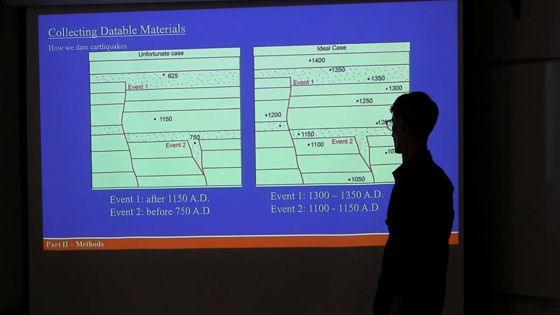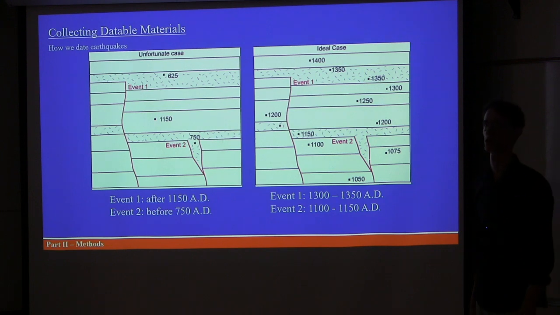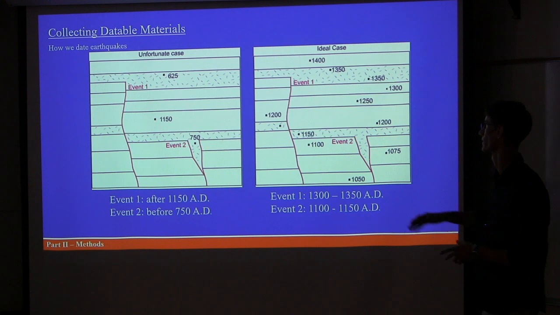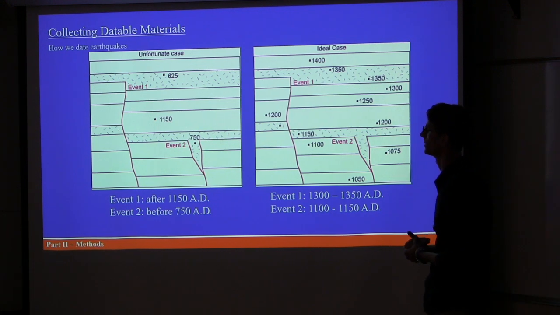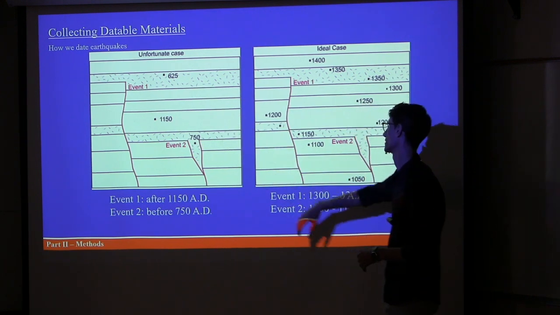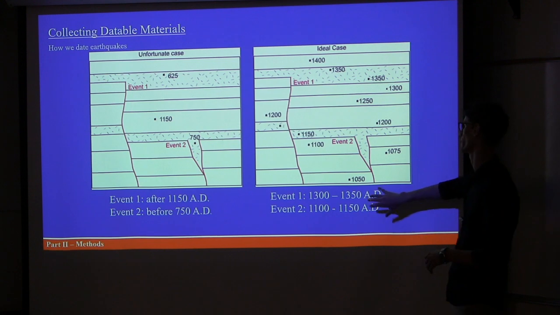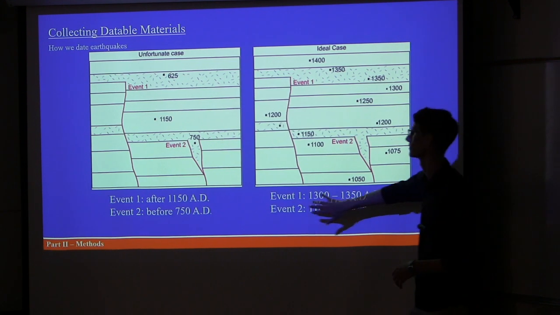So we're going to talk a little bit about how it is that we're actually dating earthquakes and the importance of numbers when you're talking about detrital charcoals. So you have these two cases. We're assuming this is the same trench, same events. One case where you get very poor amounts of datable materials, and one where you get good ones. And you can see the difference in terms of what the ages of these events are constrained to based on